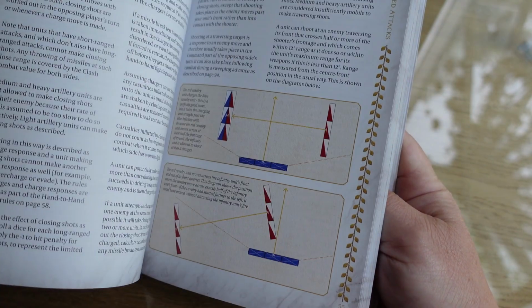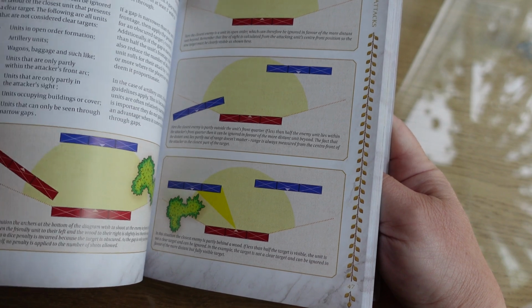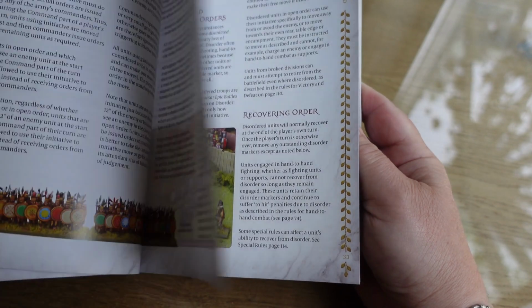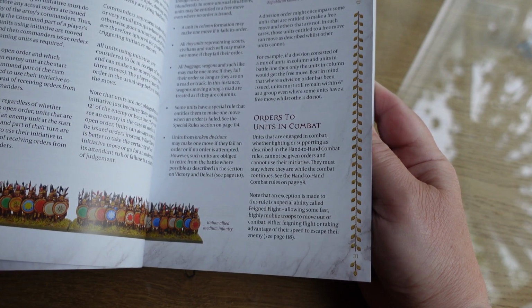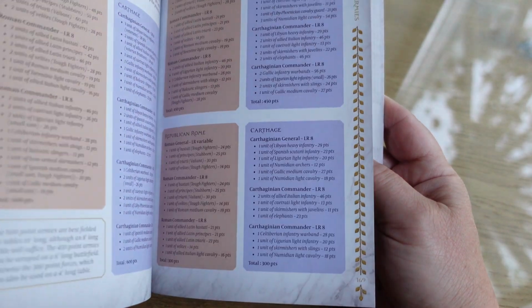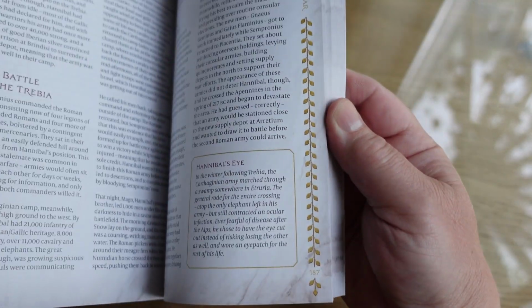It's got a lot of good images, lots of good examples of the rules, and most of these rules are exactly the same as you get in the standard book, but they've just used examples that reflect directly to the epic scale, so multi-basing, that kind of thing. It also takes you through some of the history, really good sections on the main three theatres of operations, the three Punic Wars themselves, and also